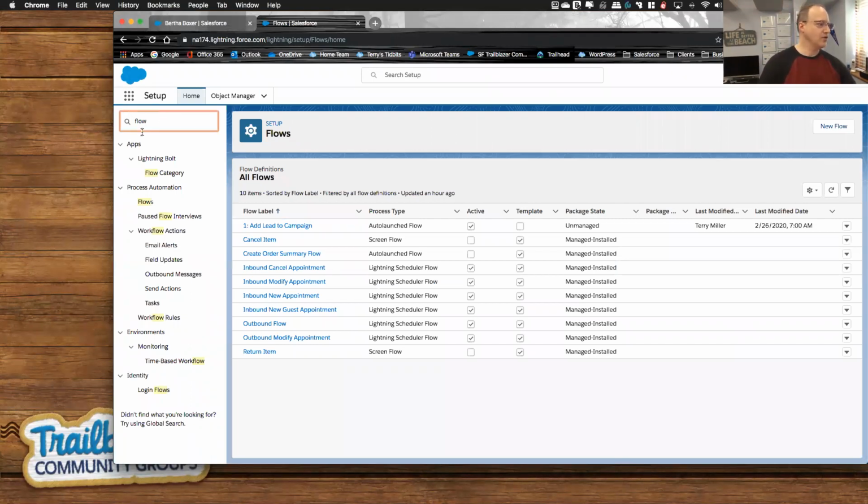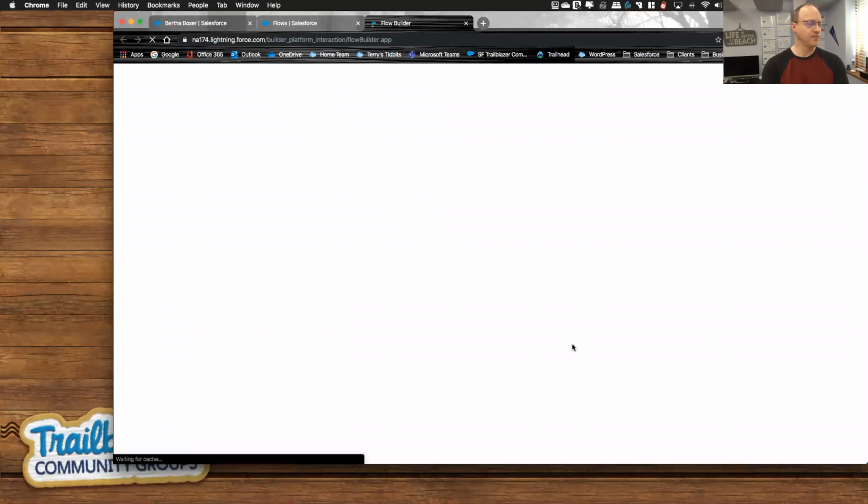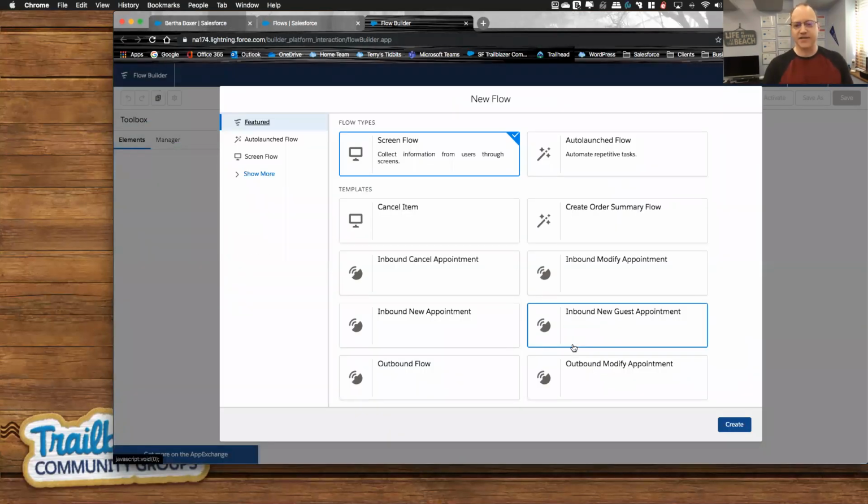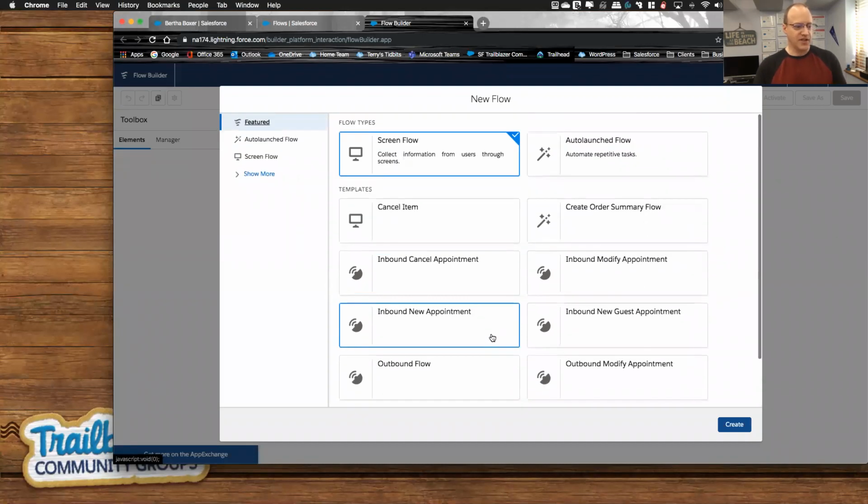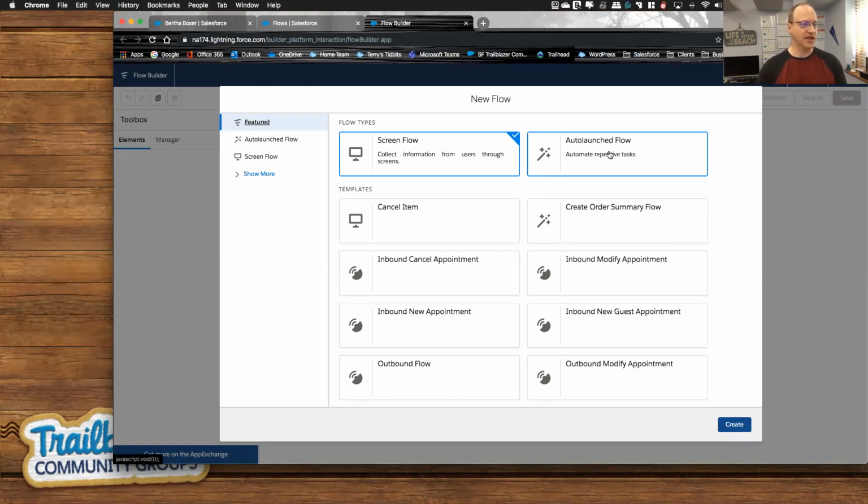We're going to type flow into our quick find, and you'll find your section here for flow. And we're simply going to click the new button. First thing it's going to ask us is what type of flow do we want to create? Remember that the two that we're primarily focused on are the auto launch flow and a screen flow. These others that you see here are templates that have been added to this particular org. You may or may not see this sort of thing in your org, but you will see at a minimum these two. And in this case, we're going to do an auto launch flow,